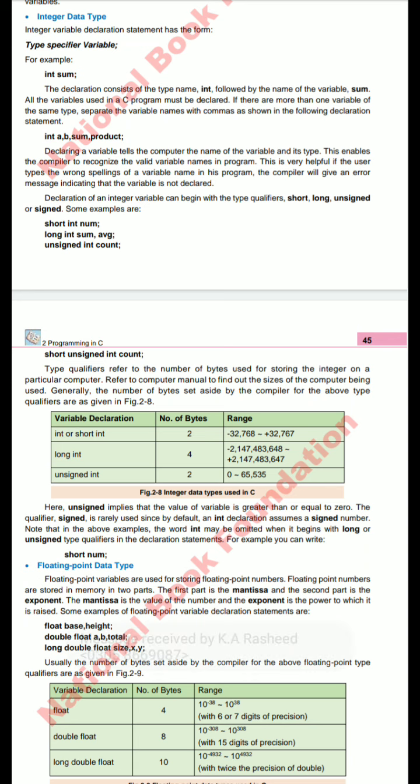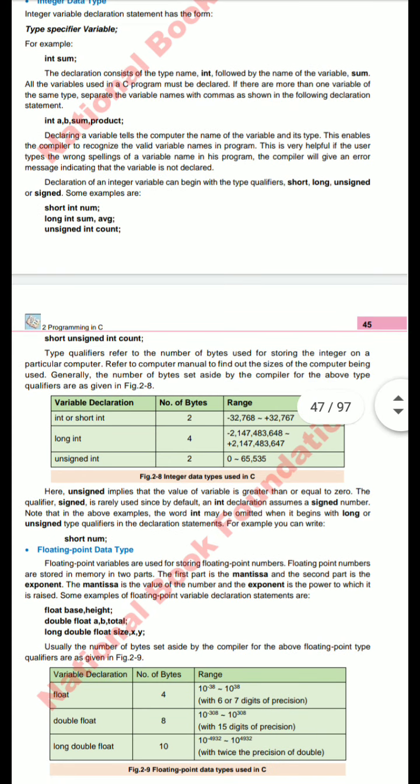Declaring a variable tells the computer the name of the variable and its type. It means we are using a variable a, and the type of that variable is int, or integer. This enables the compiler to recognize valid variable names in the program.